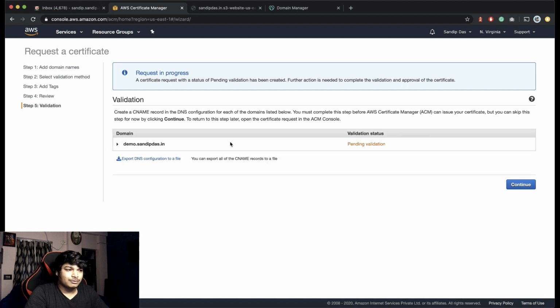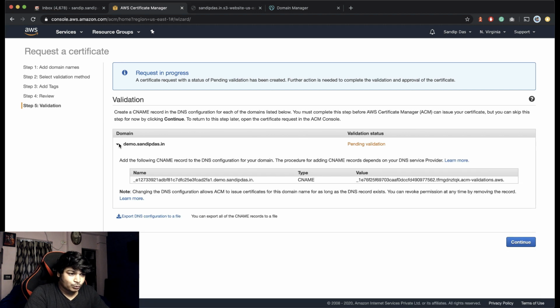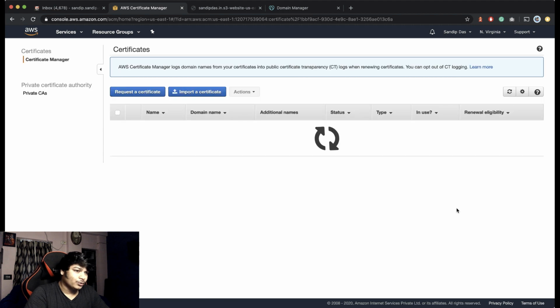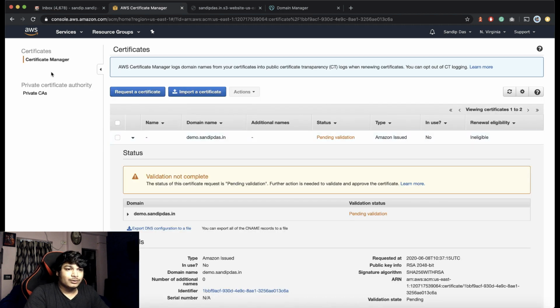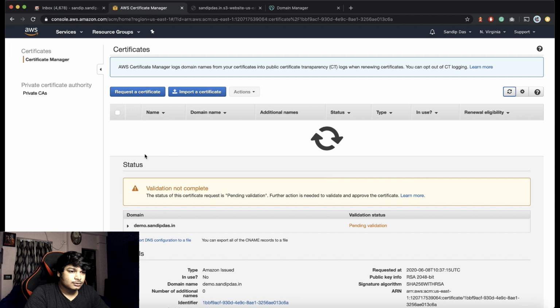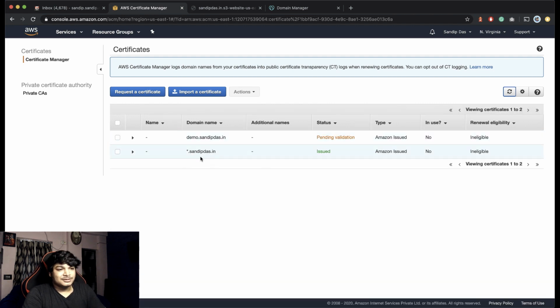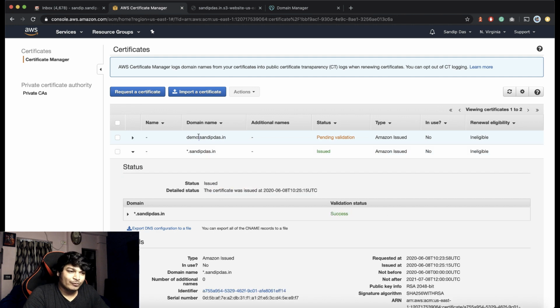And it will give some error, and not error, I mean, it will give some code which you have to actually add in your site, and it will work. Now let's go to certificate manager again. See, since I have already added a wildcard entry, it's gonna approve very quickly.